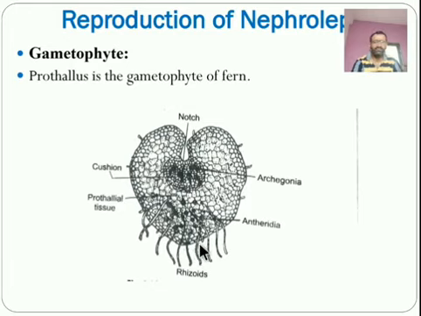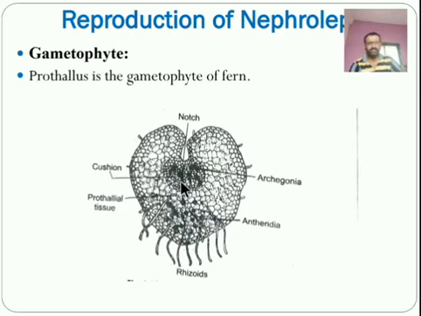The prothallus is 1 cell thick, except toward the notch. Here at the notch, it is somewhat thicker, where it may be many layered, forming a cushion-like structure. The cells of the prothallus are closely arranged, thin walled, and full of chloroplasts. They are autotrophic in nature; they produce their own food material.